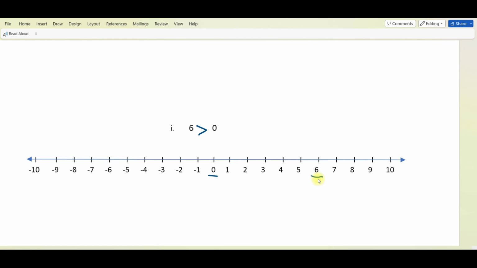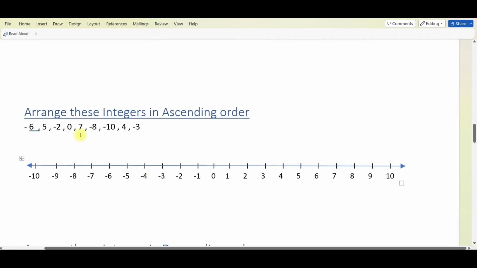Going forward, let us understand how you arrange numbers in ascending order. For example, I have a question here which says -6, 5, -2, 0, 7, -8, -10, 4 and -3. So let us first mark the numbers on the number line. The first number is -6 and the second number is 5 and the third number given is -2 and 0 and we have 7